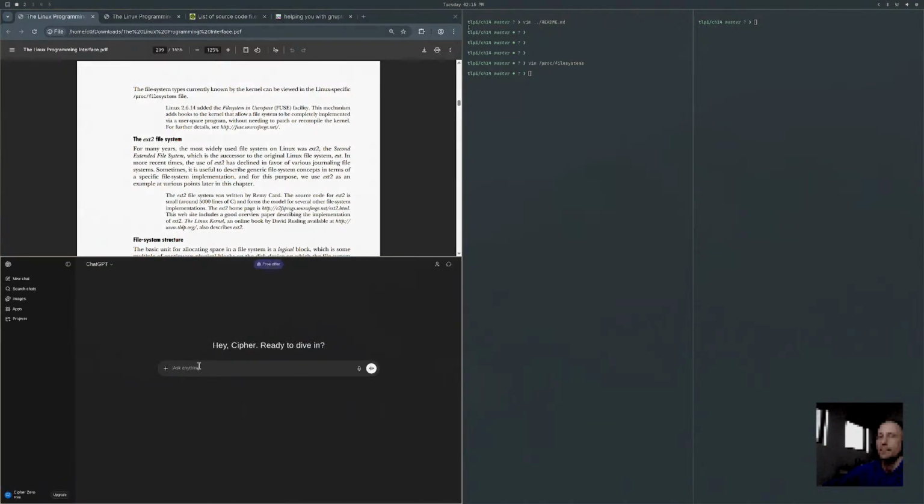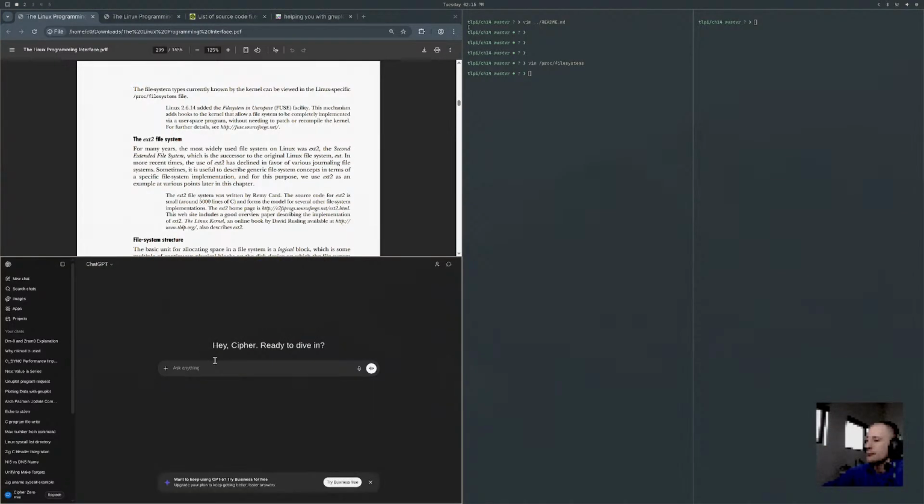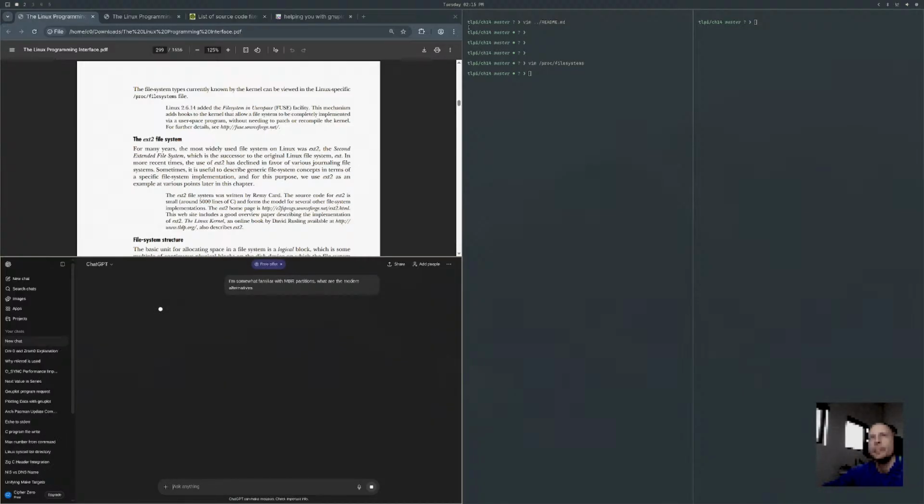Let's ask AI. I'm somewhat familiar with MBR partitions. Can you explain, or what are the modern alternatives? I think it's called GUID.